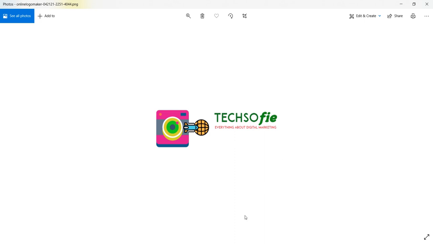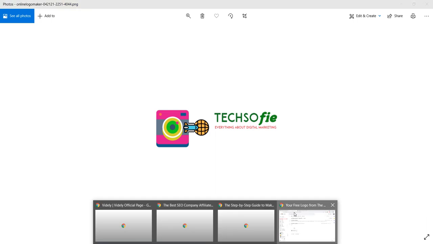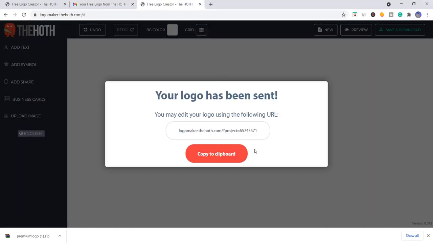And one more thing, last important point is, just go to this logo maker again. If you want to make some changes in the future, copy from clipboard. Whenever you open this, you will have this clipboard and you will have this link. From there you can edit your previous logo which you have now created. You can edit it and re-edit it and work on it, and also you can update it whenever you want. So this is how it is.